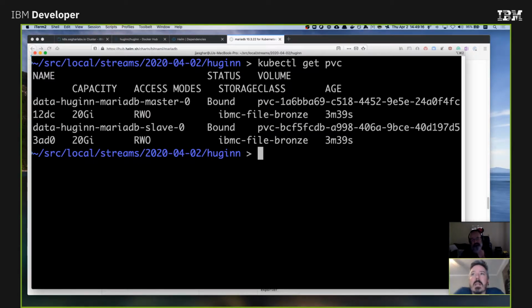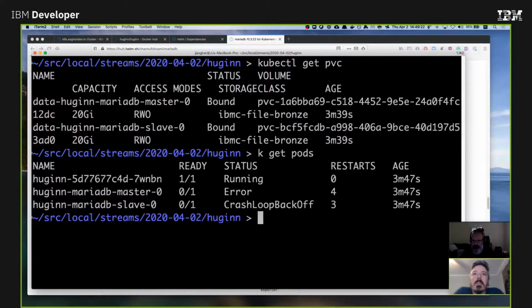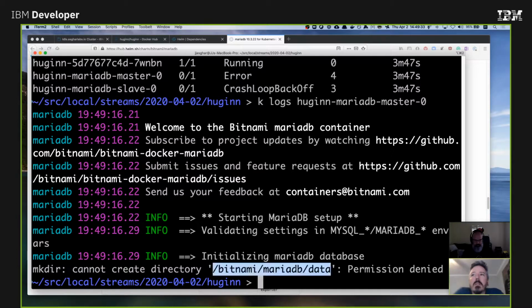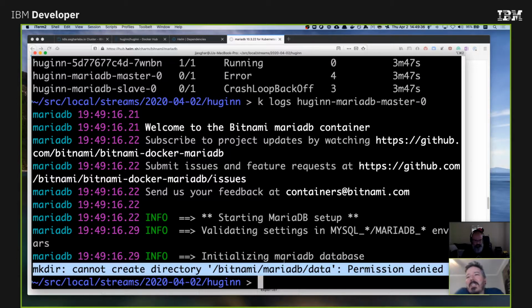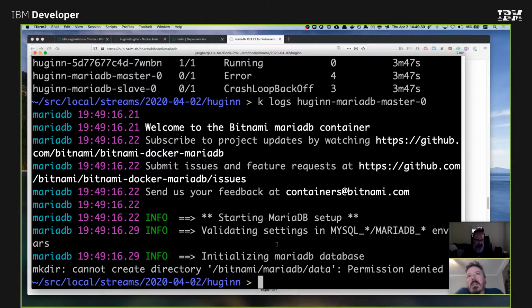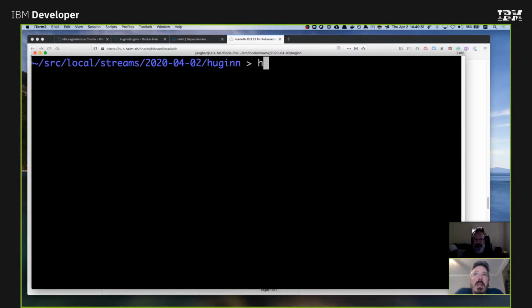But in the meantime, it's working. So do a get pods again. Error. Error. All right. Do a logs on that. Yeah, remember, we've had these issues before with the FS group, etc., on the IBM Cloud. So I think we can just delete this release and reinstall it, and it will do it without those persistent volumes. Okay. So if you just do helm delete huginn,